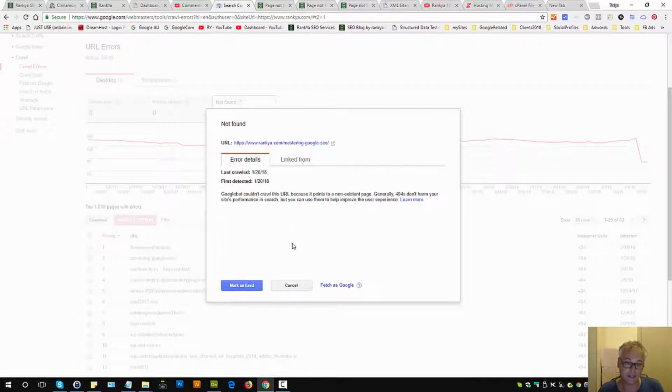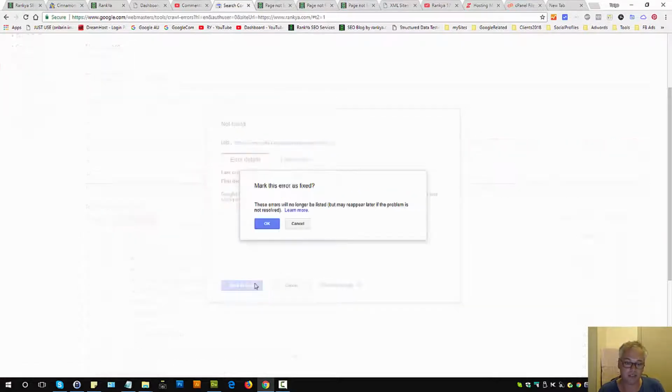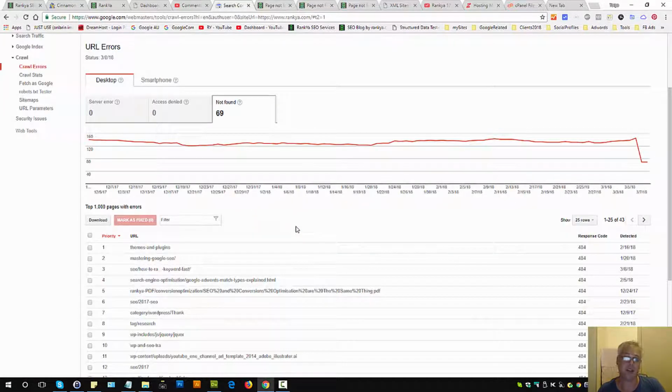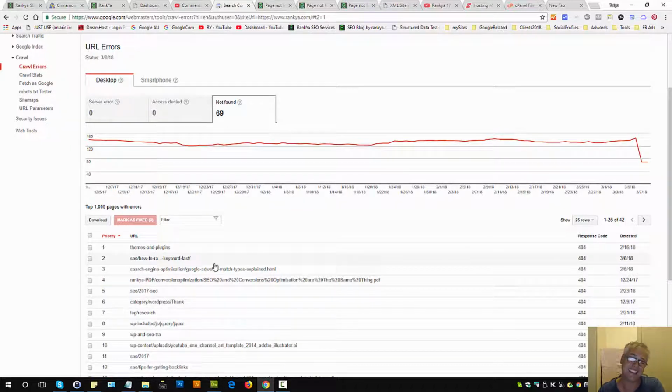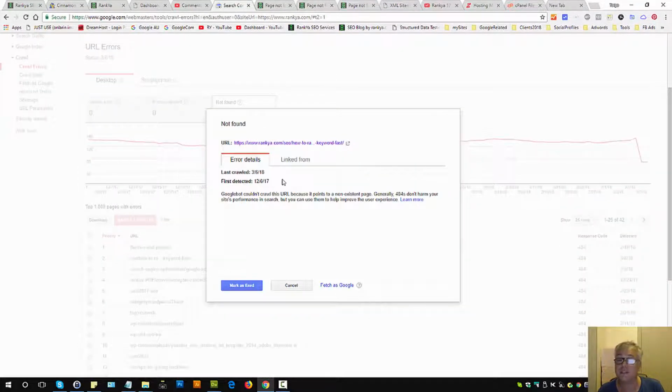and it's going to a page that's not found. Mark as fixed, forget about it. Now 3 months later you may actually see that URL again, because Search Console seems to have a long memory, right? But what if you have a link